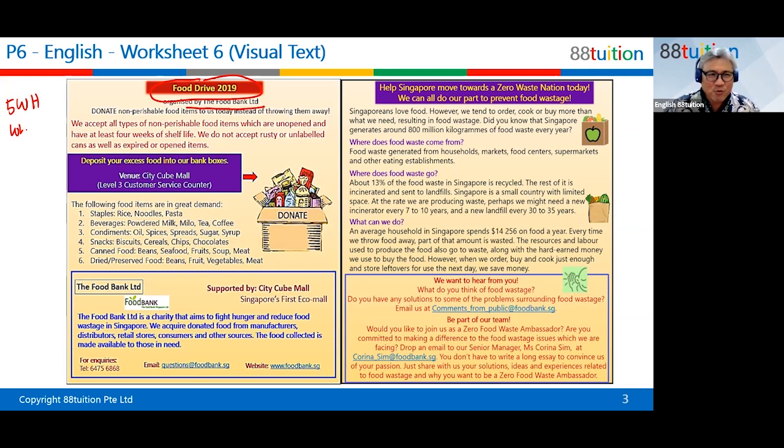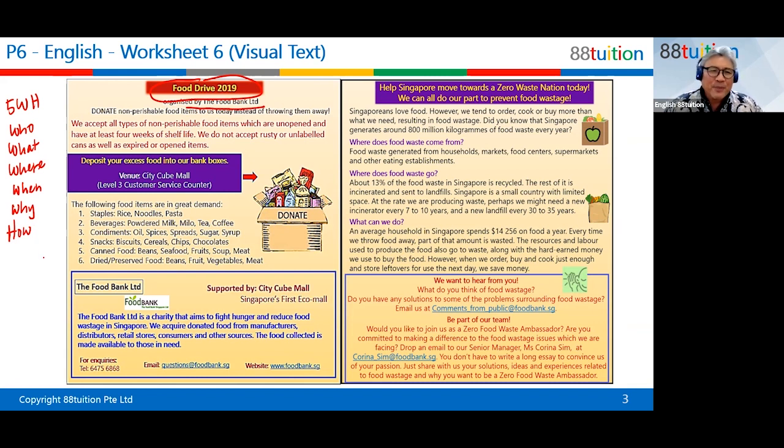So you have the who, what is it? Any mention of place, time, is there a time? Why this is important? Do they have reasons stated? And then how to do certain things, right?